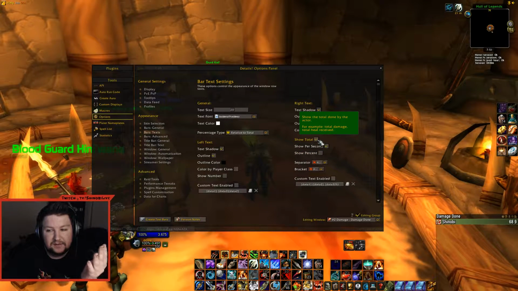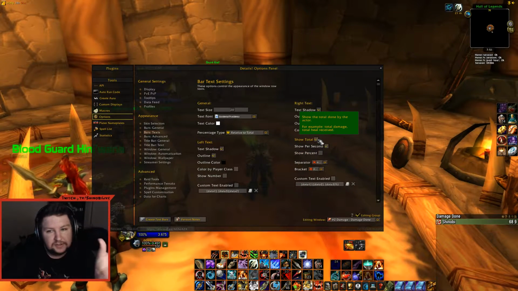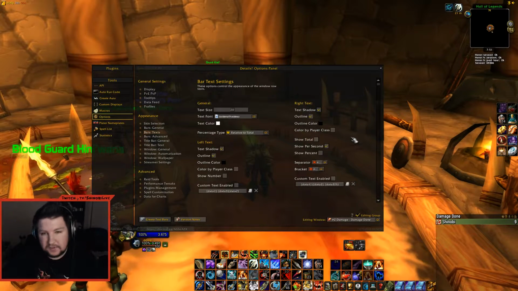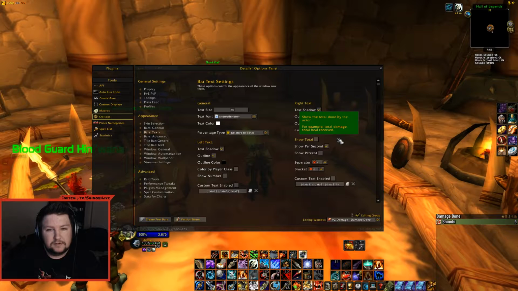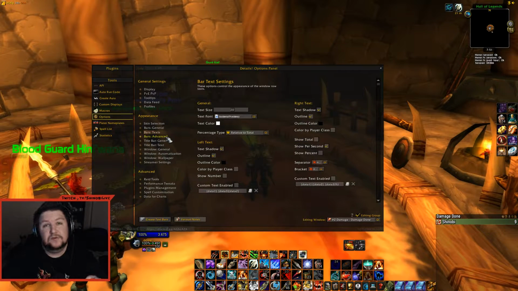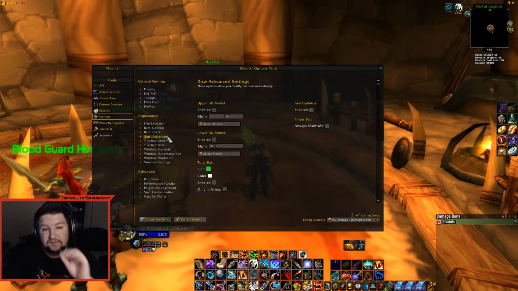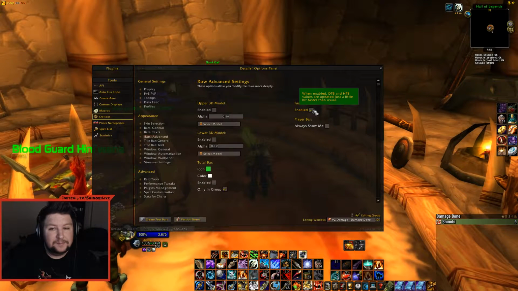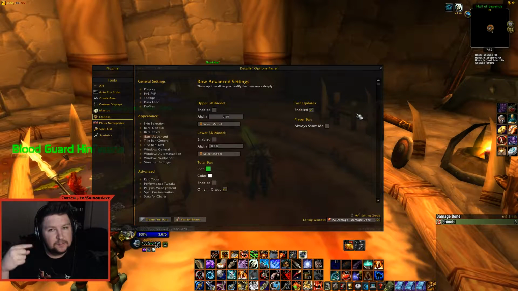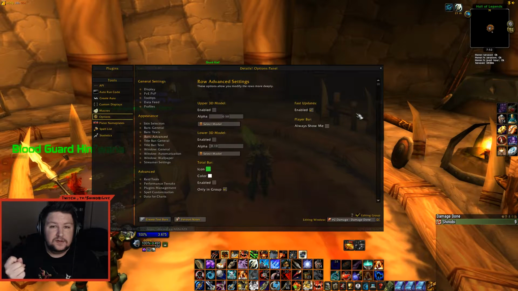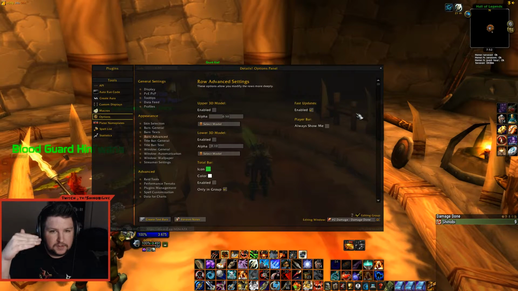I just don't want to have multiple numbers beside each other. I just want to have the DPS. If you're doing more DPS than everybody else, you're doing more damage than everyone else. That's how it works. And I changed the shadows to make it a little nicer, a little outline. One thing I will suggest if you're using Details is to go into bars advanced here and do fast updates. Turn this on because it updates the numbers instantaneously